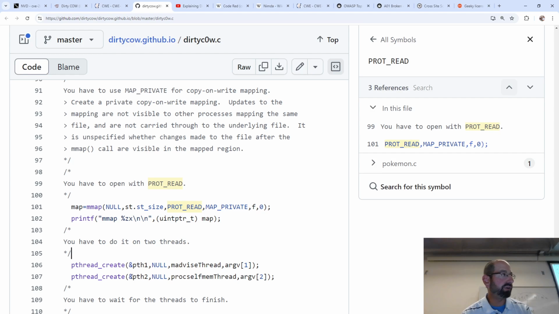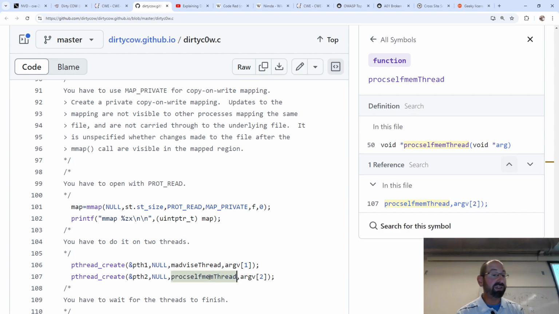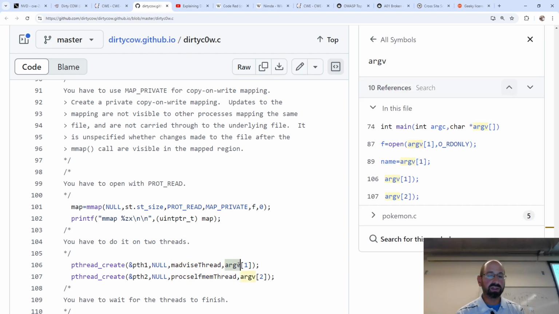Then we're going to create our race condition. Create a new thread that's going to do something, and create another new thread that's going to do something else. So start your race: two threads to do two different separate pieces of interesting work. As part of that thread creation syntax, there's the actual function we're going to call. You can think of this as create a new thread starting from here that's going to call this function with this input argument, the name of the file. Call now this function with the content we want to override in the file. That's what that syntax is doing.